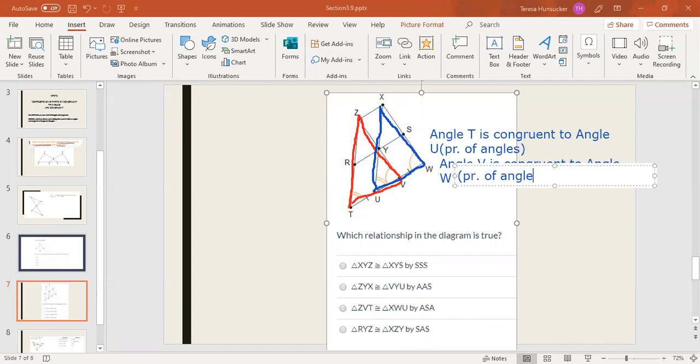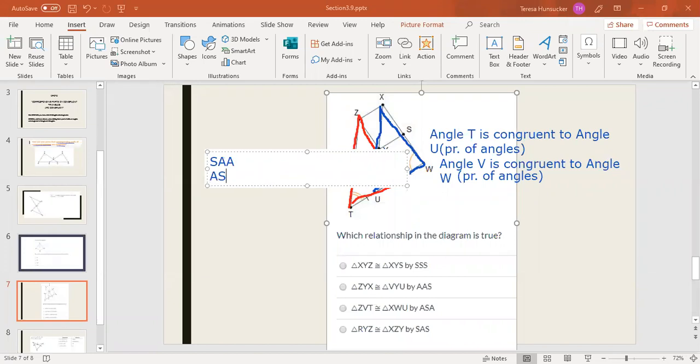So think about it. What triangle congruence theorems do we have so far if we have two pairs of angles? It's either going to be side angle angle or angle side angle, okay? So we can eliminate some choices here. We can eliminate side, side, side. We can eliminate side angle side. So it's either choice B or C. Okay, now,